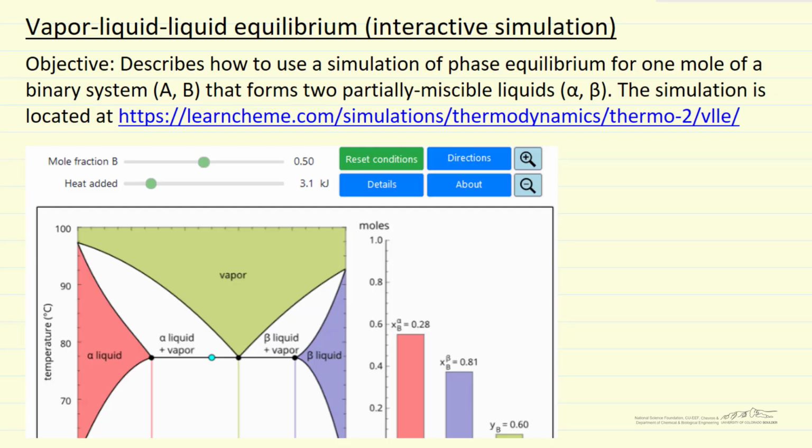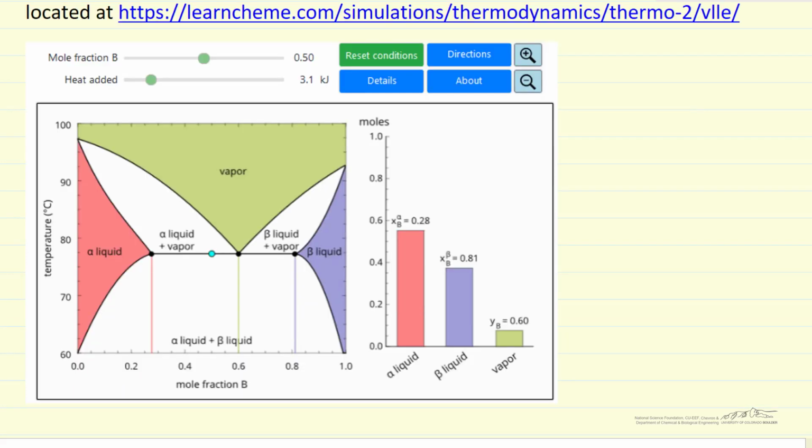I'm going to describe how to use an interactive simulation for a binary system where the liquid phases are only partially miscible, and so we have the possibility of 3 phases at some conditions, vapor and 2 liquids. The simulation, I'll just go through briefly what's involved, and then we'll look at the actual simulation, which is a